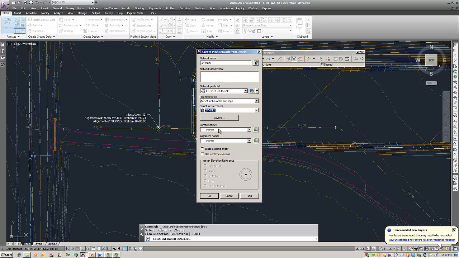Now, if you want to give it a surface name or an alignment name, at this point you could go ahead and do that, but I'm going to just select it as none because I want it to operate independently. I want to erase my existing entity, and I want to use the vertex for the elevations. And being that this is the center line of the pipe, this is where we want it to pull the information from. So now that that is completed, I come down here and I select OK,